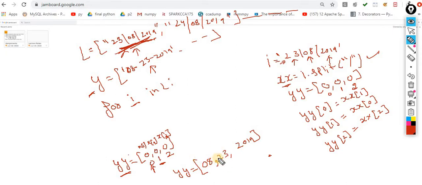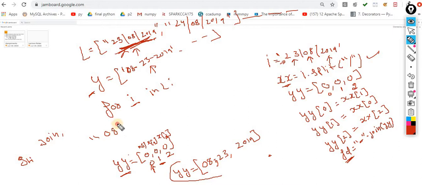This is settled. Now I have to convert it into a string. For converting to a string, I have to join with a hyphen, and I know which method is available for the same. Join will take the data in list format and it will return you this string. Let's suppose I am taking one more variable, f date. Inside this I have to join: hyphen dot join, with whom? yy. Now this has been joined.